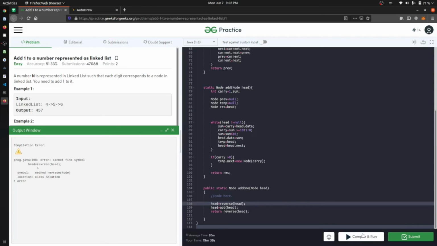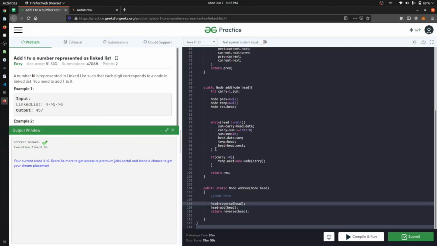So now let's run it. You can see that our output is 475. Now let's submit it and see whether we are getting the answer or not. I hope it's right. Yes, our answer is right.